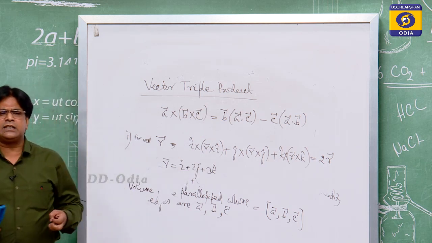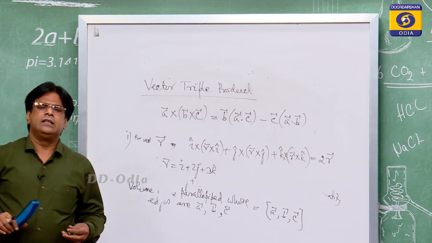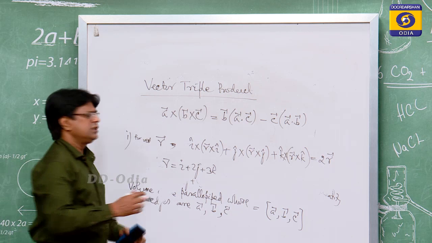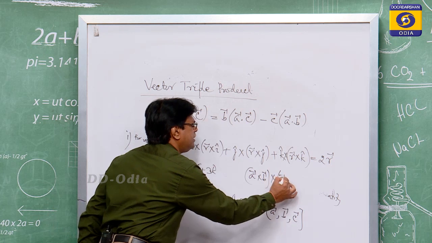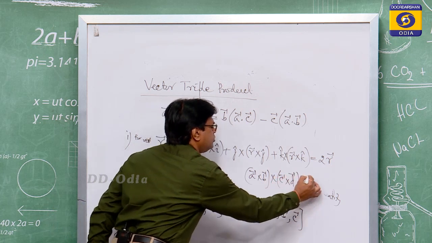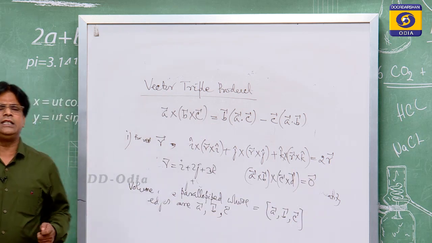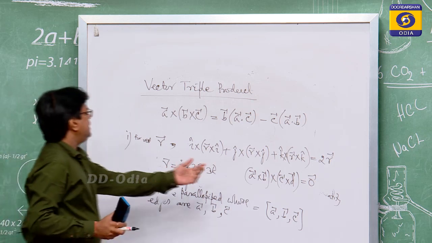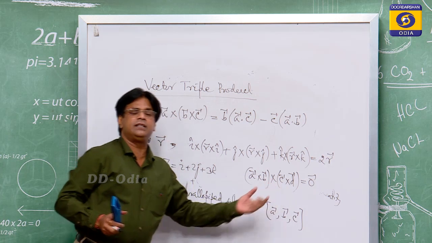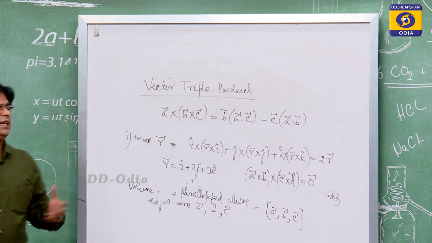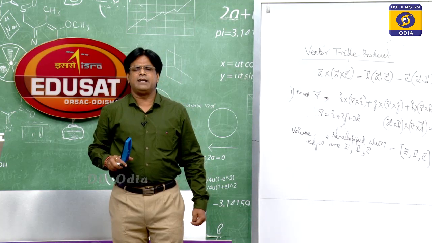Then come to: let the pairs A, B and C, D determine planes; the planes are parallel if (A cross B) cross (C cross D) is equal to 0 vector, because the cross product of two vectors is a vector quantity. Here this is a vector quantity, and this is also a vector quantity. These two vectors are multiplied by the cross product, so the result is a vector quantity, that becomes 0 vector. The vector triple product of 3 vectors is a vector quantity.